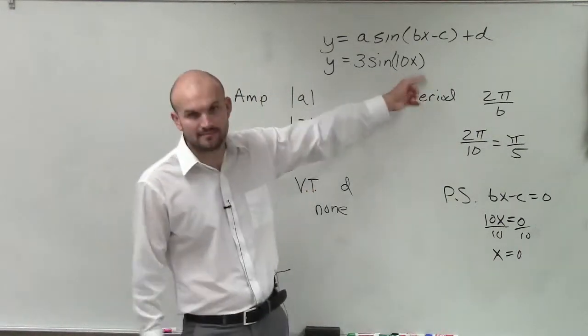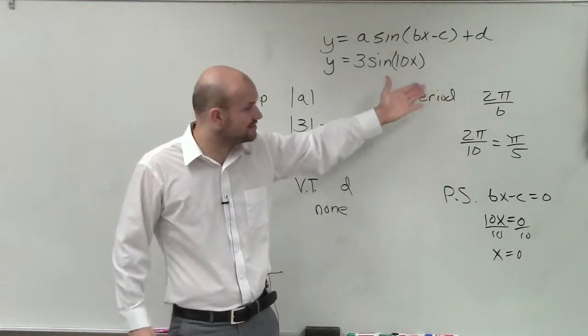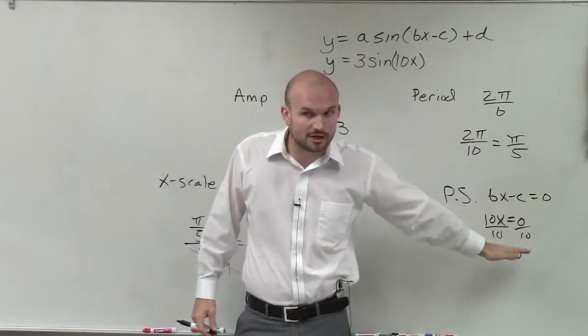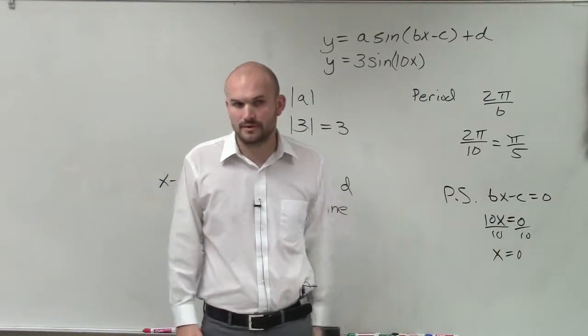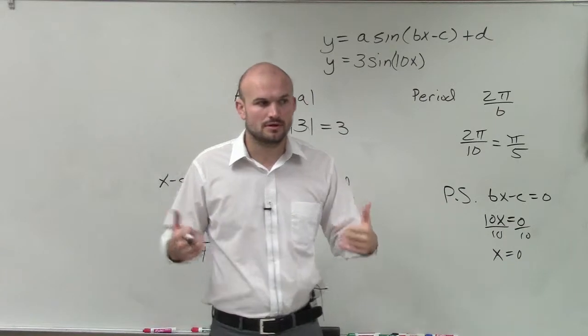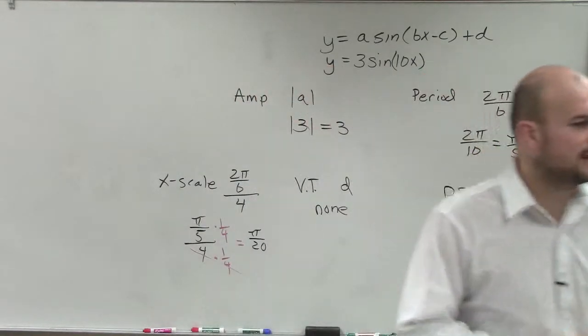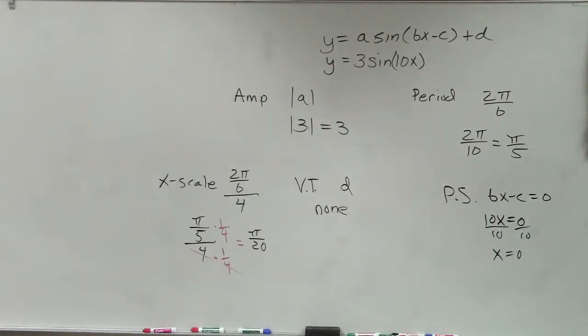Which is obvious. You can see if there's not a c, then obviously there's no phase shift. But you always have to set it equal to 0 because it's not always going to be the value of c as long as you have a value for b. OK? Any questions? Cool. You didn't have to do the rest of this part. You just had to do the amplitude and period. So what I'd like you guys to do is